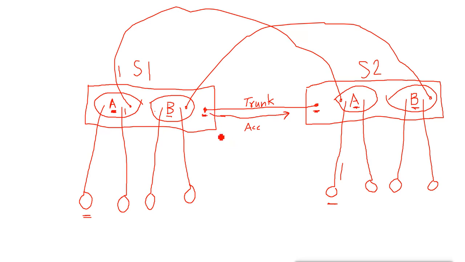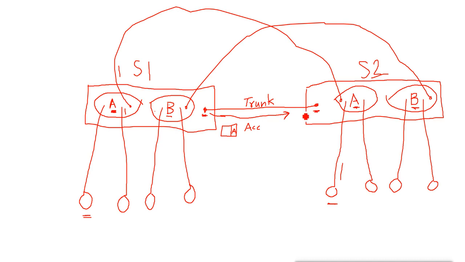What does it actually do? When data goes out of this trunk port, it tags the data with the VLAN ID. So when the data is received on the other switch, the switch opens the packet and sees which VLAN the data belongs to. So when data comes from VLAN A, this port will add the VLAN ID A, and then it sends the data on that port.